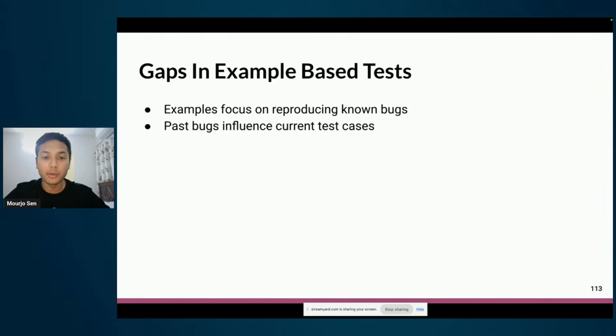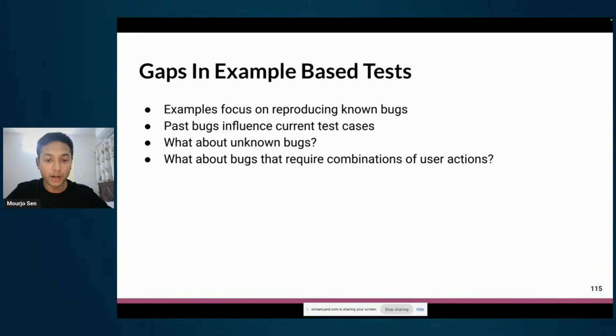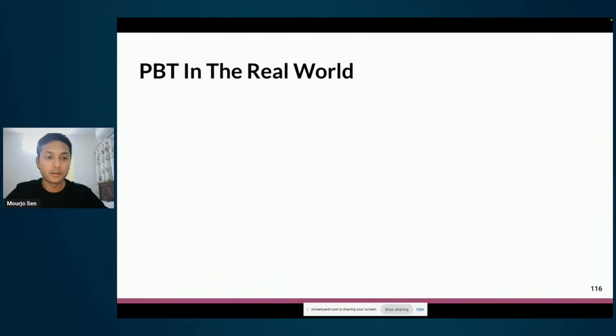So if I know that I had a bug in the past, I will put it in my test case, and I'd be very happy that, okay, all the bugs are now covered. But what about unknown bugs? What about the bugs that I don't know of or I don't think about? And what about the bugs that require more than one combination, more than one user to take more than one action, and only then the bug happens? Because in production, it will, right? If you have more than 3 users, you can guarantee that the product will be used in more than 3 different ways. So if you just have one test for, let's say, 500 users, are we doing justice to the users? That's the question.